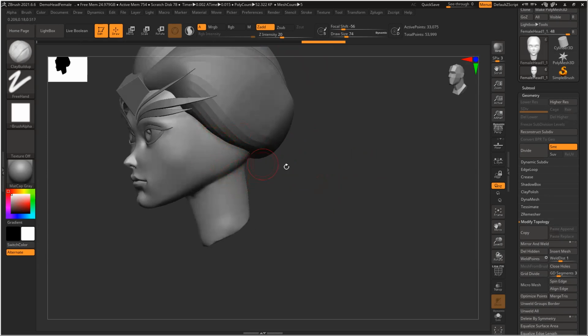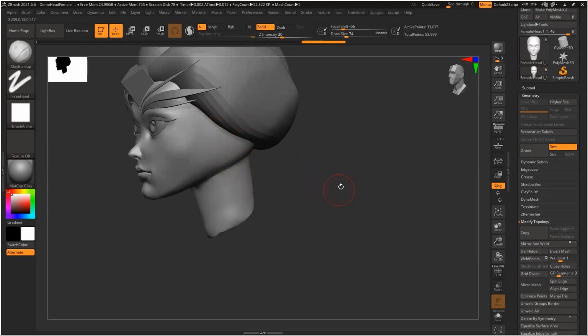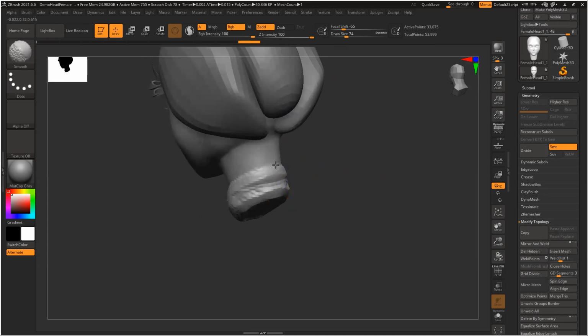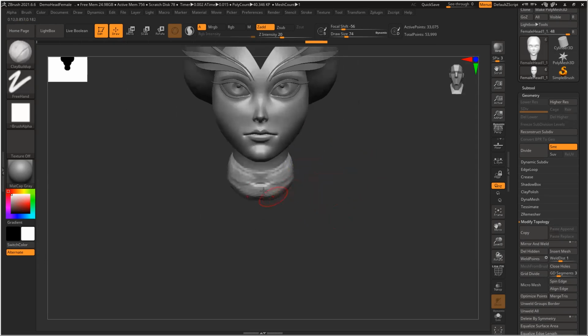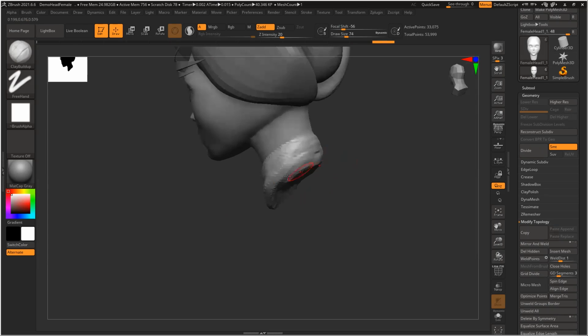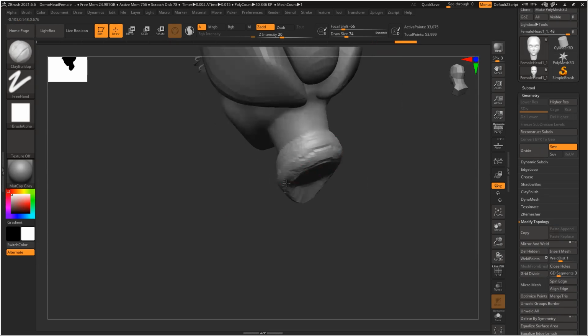Don't worry, all these things I'll cover with hair and all. Simply started blocking out my design. You can see the process is the same, be it cartoonish or realistic, the process is the same.